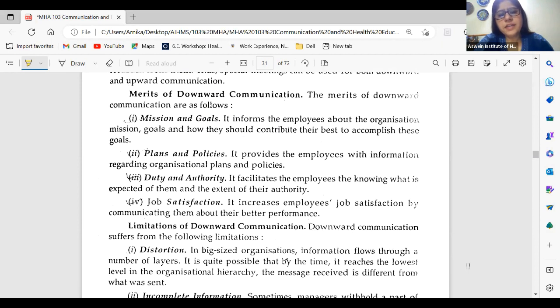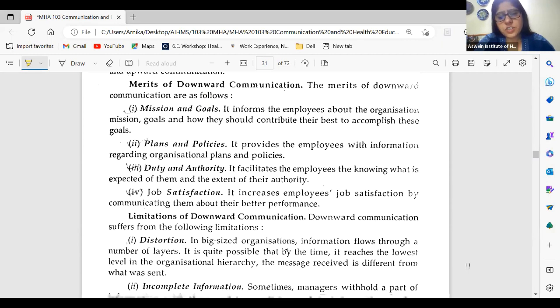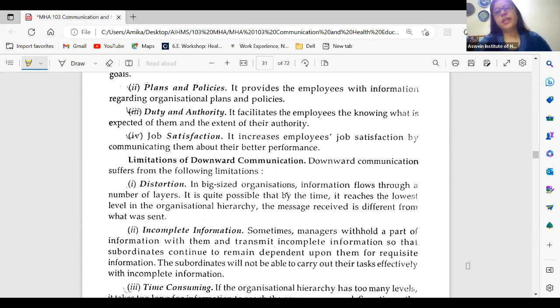What are the merits? Basically, all the employees are well versed with a few things, like the mission and vision of the organization, the plans, the policy, and the rule books. They are used in downward communication to be communicated to the employees. It also has certain limitations. First of all, as we have discussed in any formal communication, one important drawback is